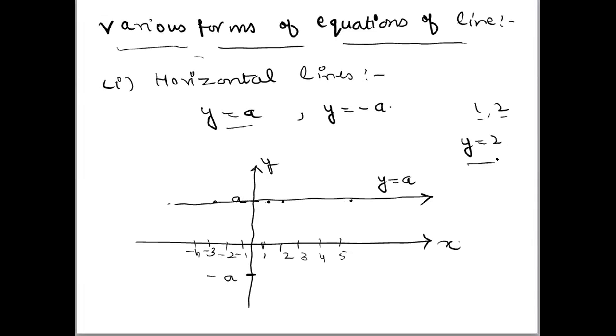So अगर आपको y is equals to 2 एक लाइन ड्रॉ करनी है, so you will take a point 2, you need not to write the x points and everything, you will only draw a horizontal line. अगर आपको y is equals to minus a, that means x can take any value, x की वैल्यू कुछ भी हो सकती है, y will take only value minus a, y की वैल्यू सिर्फ माइनस a होगी.